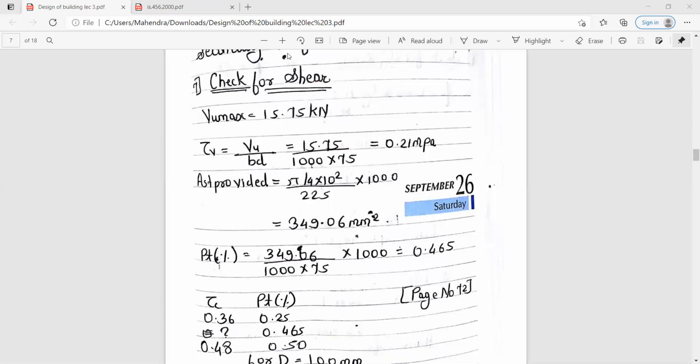Now you need to calculate AST provided. To calculate AST provided, again you are going to use 10 millimeter diameter bar upon 225.